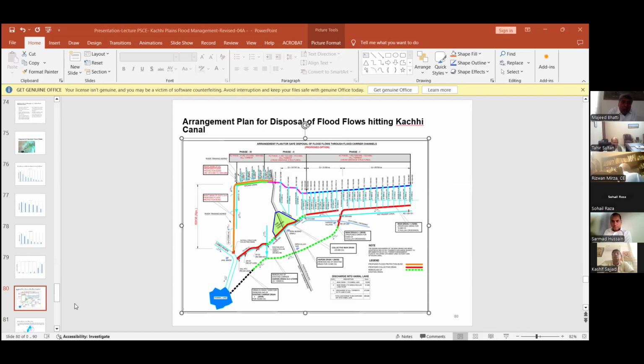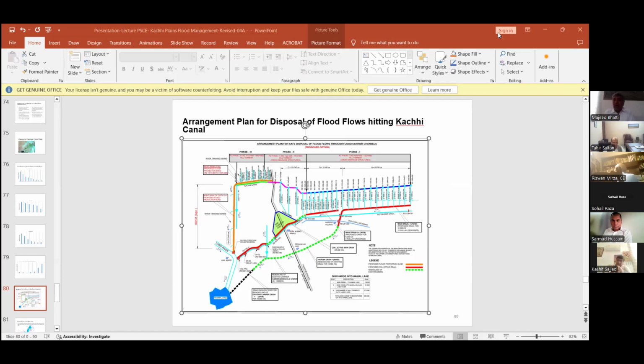Sorry, I can just give a few things because the slides are not moving again. I think the lecture has gone on a very long time now. After that, this was all final disposal. For all these interventions, we prepared designs, the structures, and then we had an estimate of that. That is the PC1.